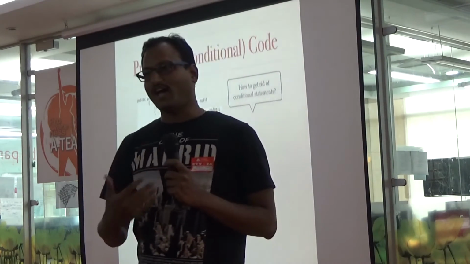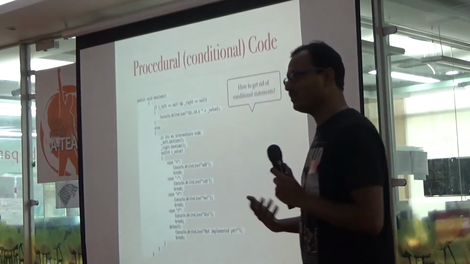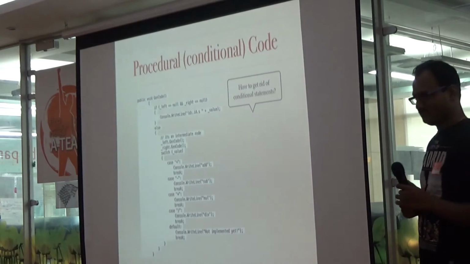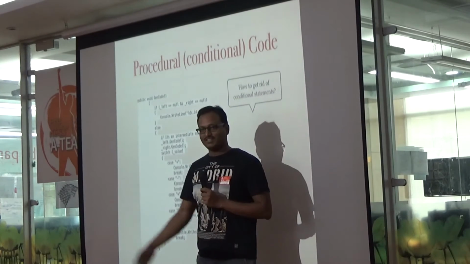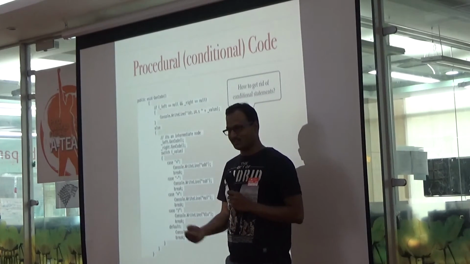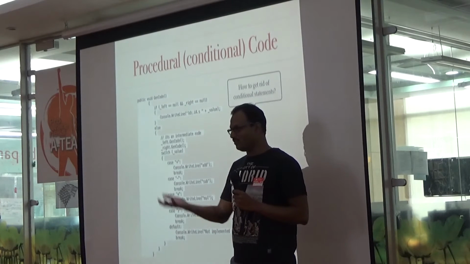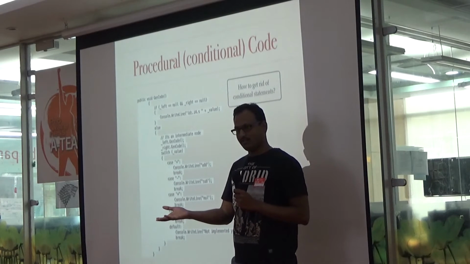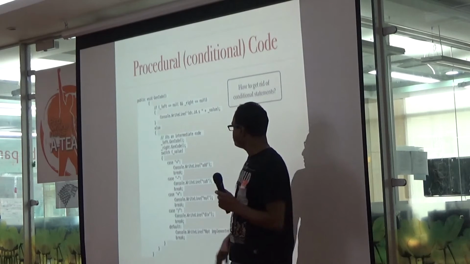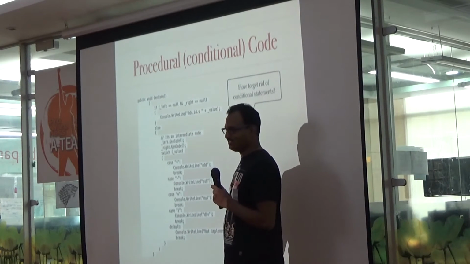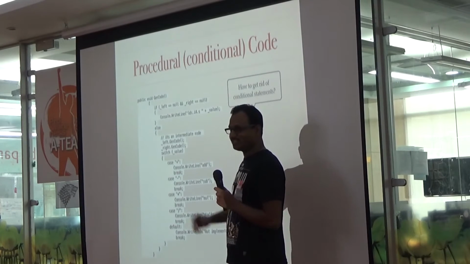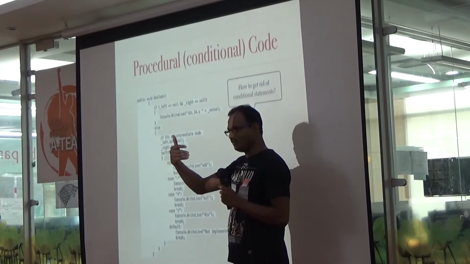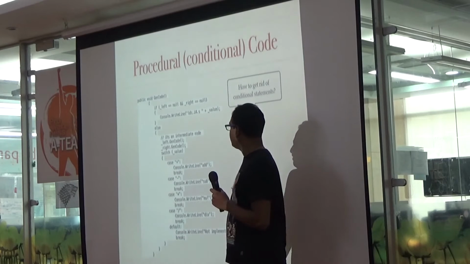Now, the moment you have conditional code like this, it is procedural code. In the morning, with the Srinath session, there was one interesting question: how do we test? We have so much conditional complexity, so many conditions. Now look at this code. How many conditions do we have? How many tests will we get from this? I'm relating this to the morning session so that you can relate to the things that we have already covered.